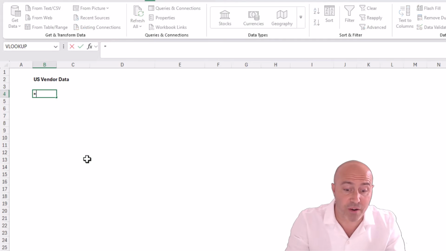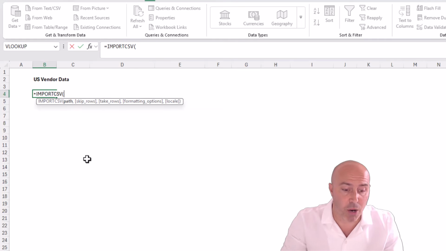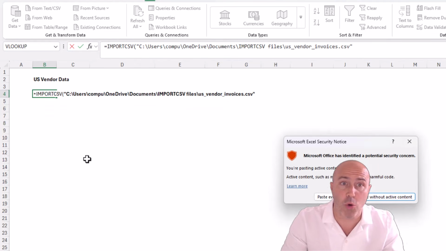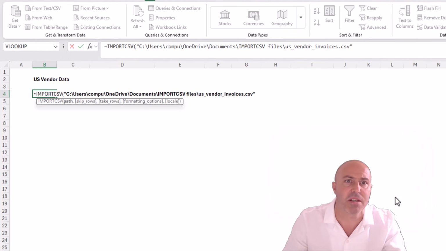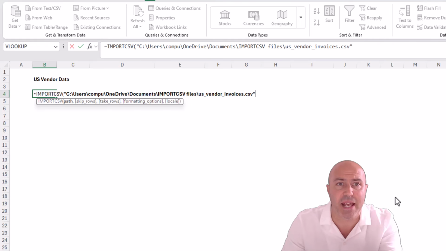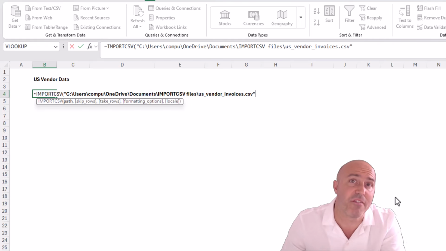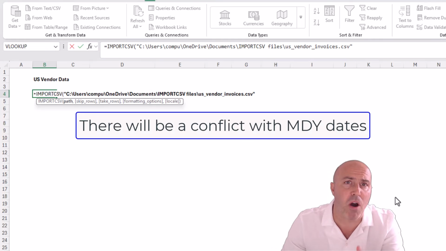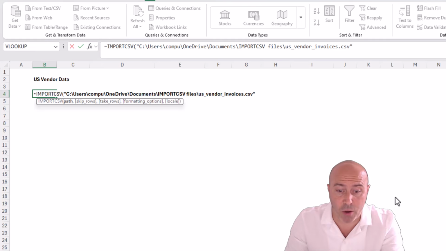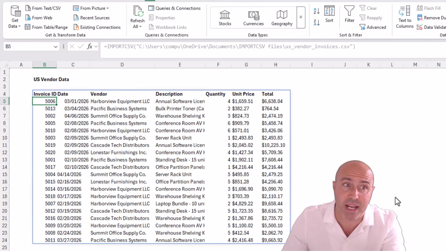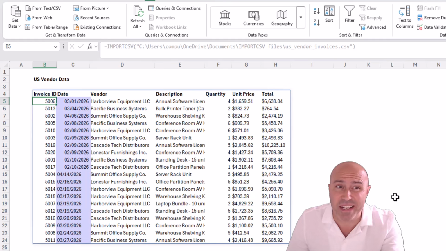Now, for a quick final demo, I'm going to paste in a local path again, but we've seen how this can come from SharePoint. And this time it's an example of US vendor invoices. So we're going to have a conflict on the date formatting, because in my region of the UK, it's not going to appreciate month, day, year dates. So if I was to run this and pull in that data, absolutely fine, you see I have some issues